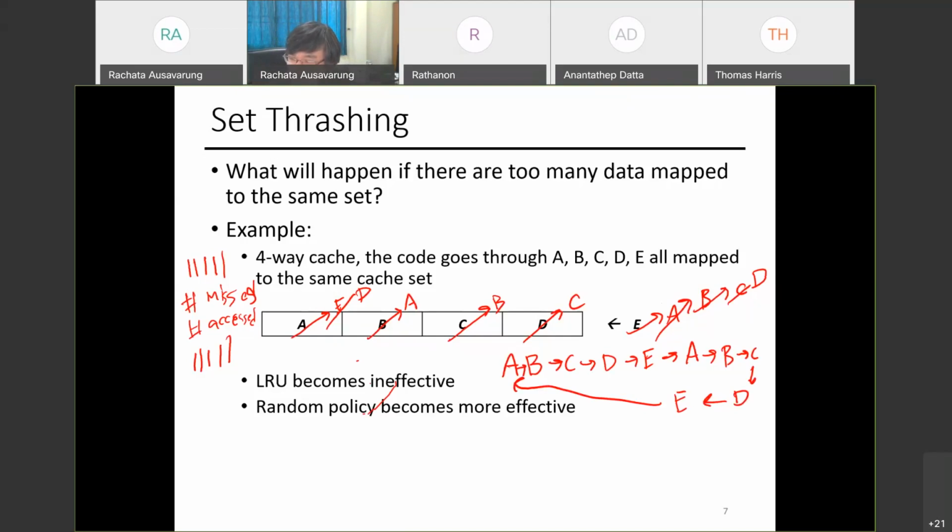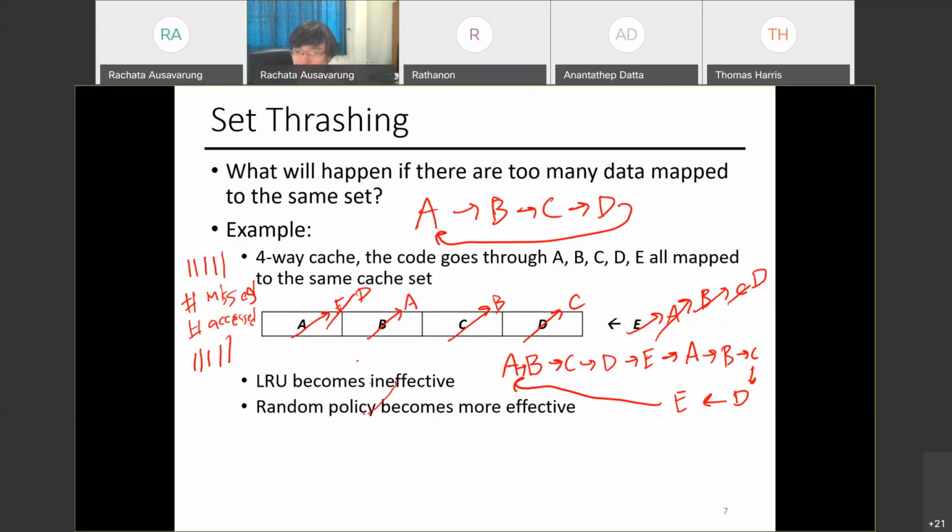Yes, that is a great question. If my access changes from A, B, C, D, E, A, B, C, D, E into just A, B, C, D, and then repeat A, B, C, D, what is the cache hit rate? Do I ever have a cache miss? Yes, if someone uses the cache and kicks out something, but you will have some cache hits, right? And if A, B, C, D is the only thing you access, then you get 100%,